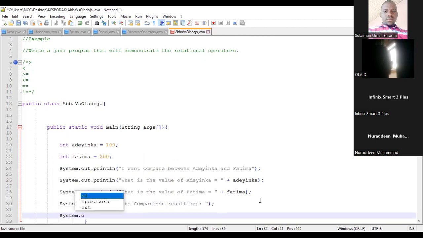System.out.println. System.out.println. Then